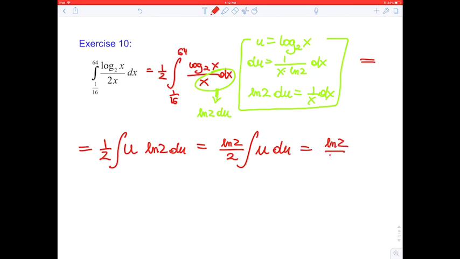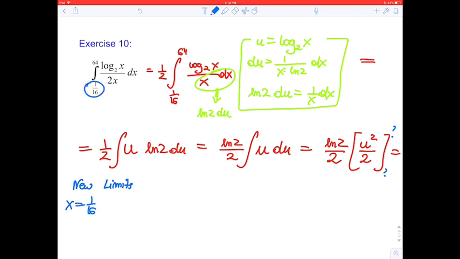ln of 2 over 2. Integral of u du is just u squared over 2. But what we need? We need the limits of integration. New limits of integration. Okay, let's work. New limits. If x is 1 over 16, yes, that's my first limit, then u will be, I'm just using this,